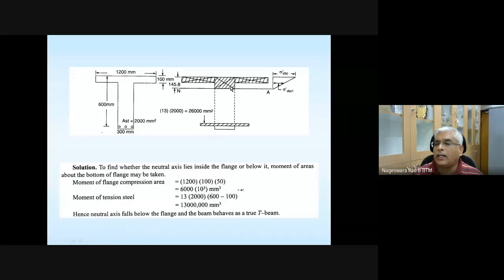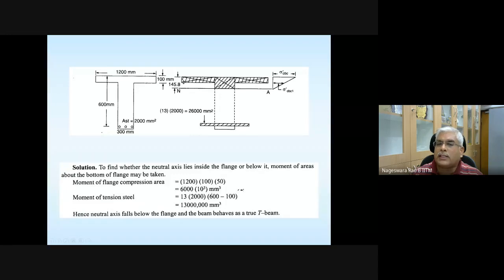N I'm going to calculate. But I'm not interested in the area. I'm interested in the moment of area in compression. That you can easily find. How do you get the moment? If you have any questions with the explanation I gave you, please raise it. Otherwise, if you agree with the explanation I gave you,